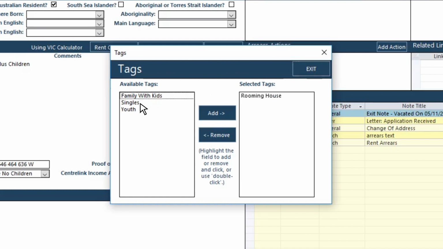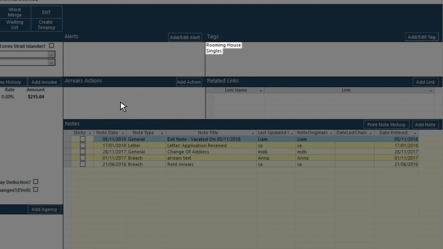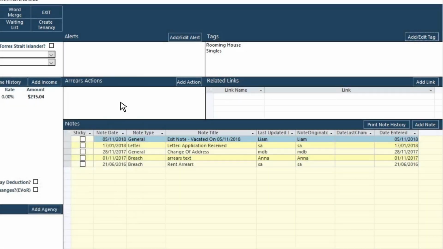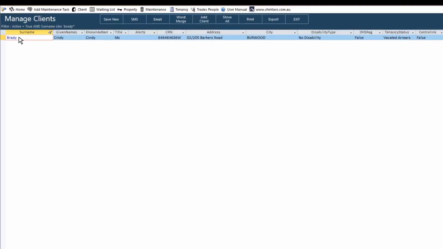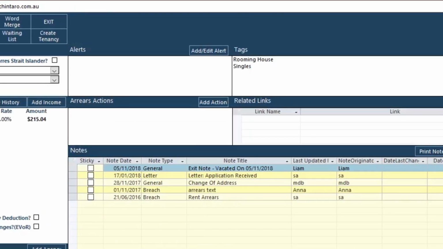apply one or more of these tags to our client. We do this by double-clicking on the tag we want to use, which moves the tag from the Available Tags column to the Selected Tags column. We can also use the Add button to add tags by clicking on the tag we want to add and clicking Add, which again moves the tag to the Selected Tags box. Now, when we click Exit, we can see the tags that we selected in the Tags box in Cindy's client record. Now, anytime that anyone in our organisation opens Cindy Brady's client screen, they will see these tags applied to